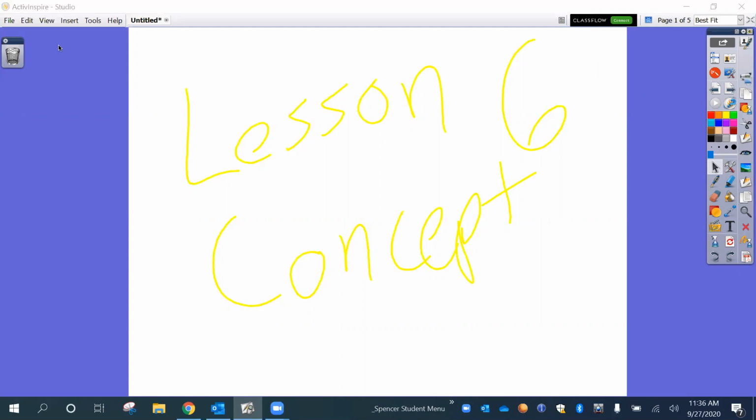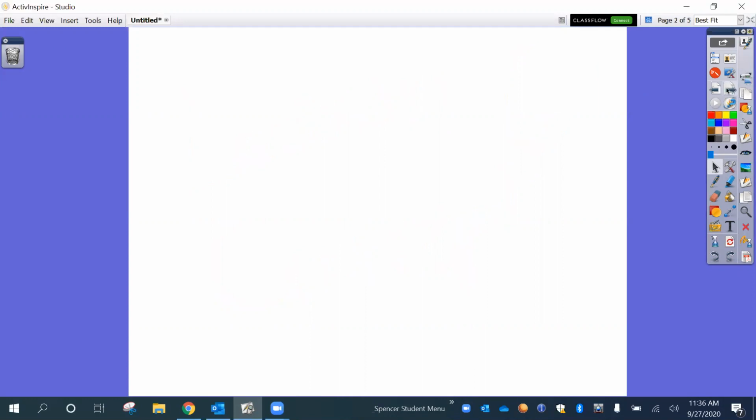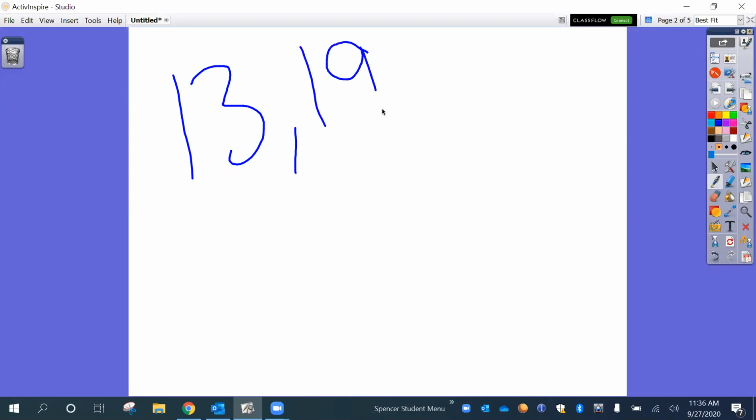So today in lesson 6, we are going to be comparing numbers and we're going to be comparing decimals. So let's just start with some practice from last year where we're just comparing whole numbers. So let's write on our whiteboards or on our notepads 13,196. Great. Now let's compare that with